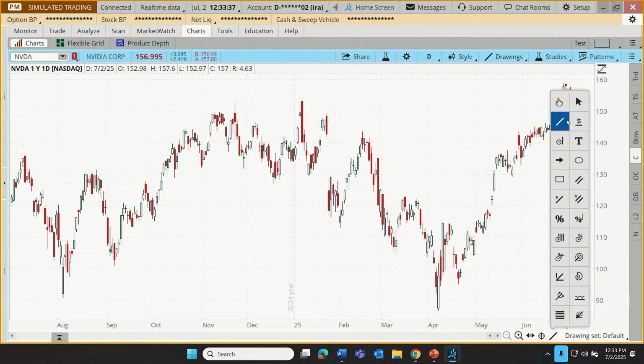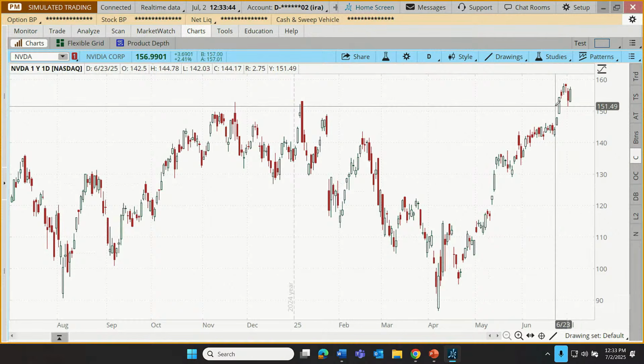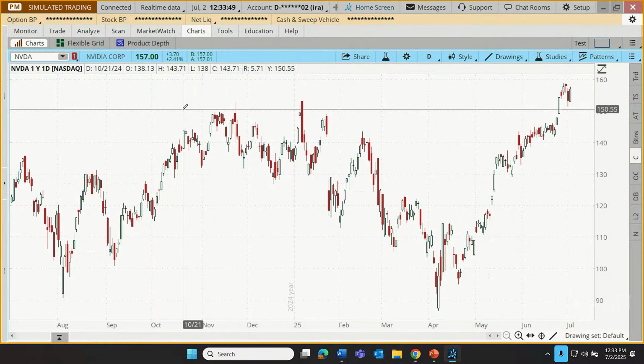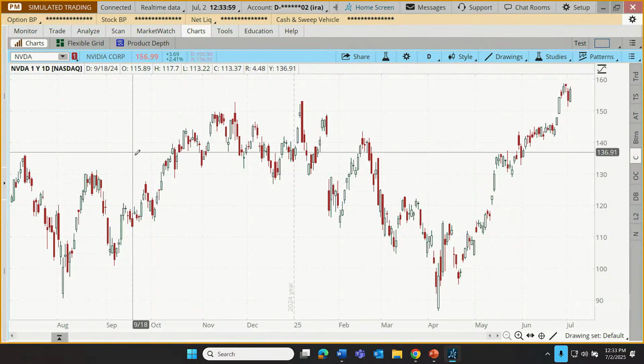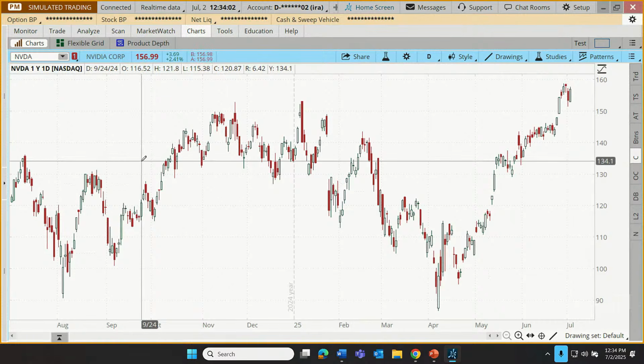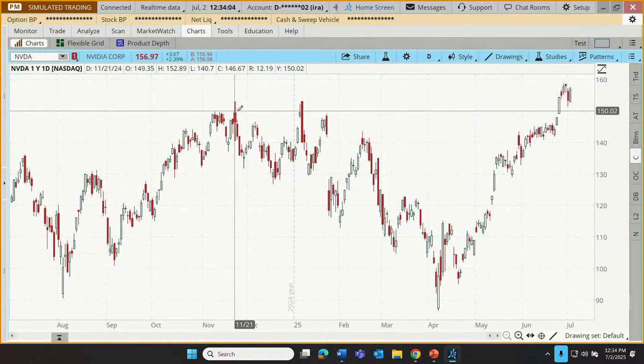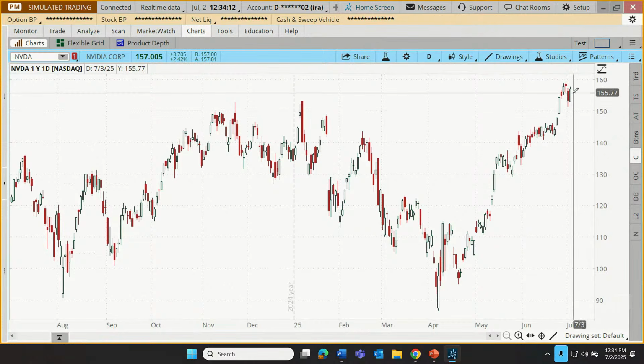If I wanted to change that to some other tool, I could just choose one of our other tools, a pointer, horizontal line. I can make the text notes here, draw some arrows. But with each of those drawing tools, the way to make a drawing on Thinkorswim is just to go to where we want to start a drawing. Let's say maybe our trader has taken a keen interest in what's going on at that $150 level. Technicians sometimes look for price floors and price ceilings, and they might notice here on this 1-year daily chart of NVIDIA that that $150 level, and price just could not close above that level all year long until just the last week and a half.